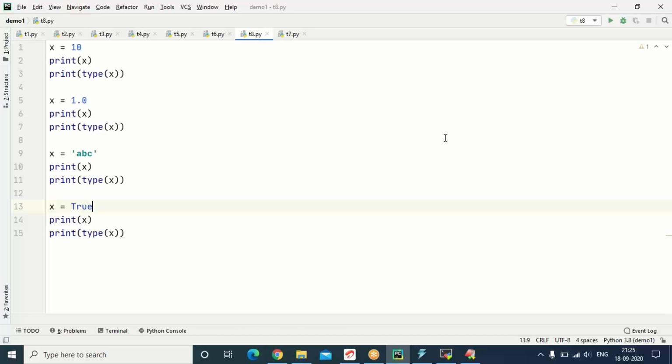The last point is which name can be given to the variable, whether any name is possible or any rules are there. Please observe, the name of the variable you can treat like an identifier. We are identifying a name for the variable. Identifier.